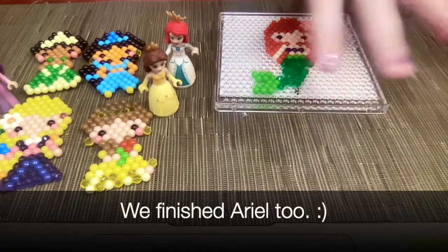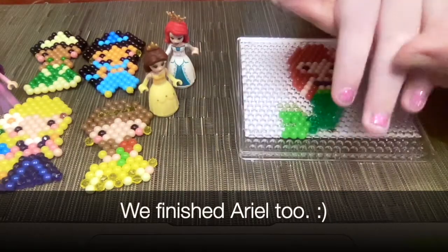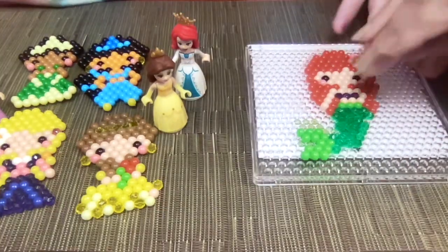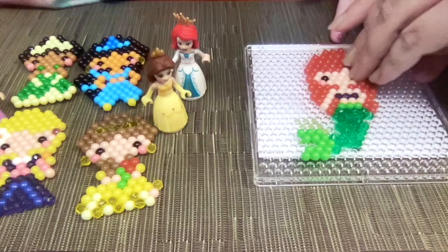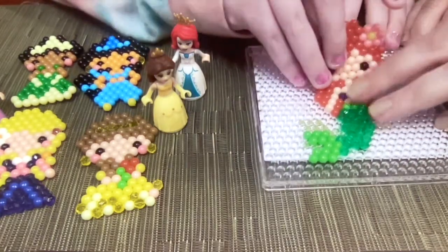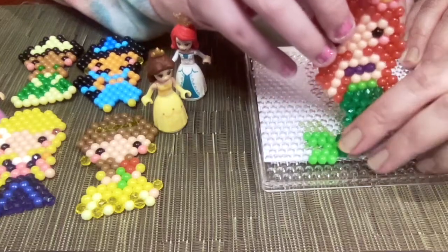Okay, we are on our final one. Let me do some princess nails while waiting. Scared. No, don't be scared. Nice and gentle. Go ahead. Little by little. There you go. Be careful with the tail. Oh,